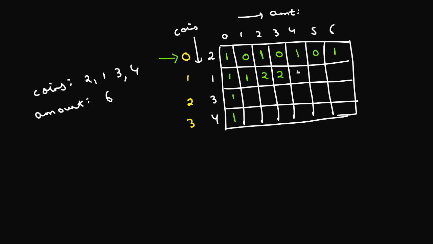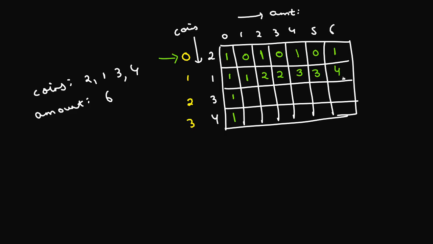For this 4, if I don't take this 1, this is where I end up. And if I take this 1, 4 minus 1 is 3. So this is where I end up. So this 1 plus 2, that is 3. So I'll just fill a 3 here. If I'm at this particular location, if I use a 1, that means that the amount that is left is 4, and I'm still considering these two coins. So this is the value 3. And if I don't use this 1 at all, this is where I end up. So 0 plus 3 is 3. And finally 1 plus 3 is 4.